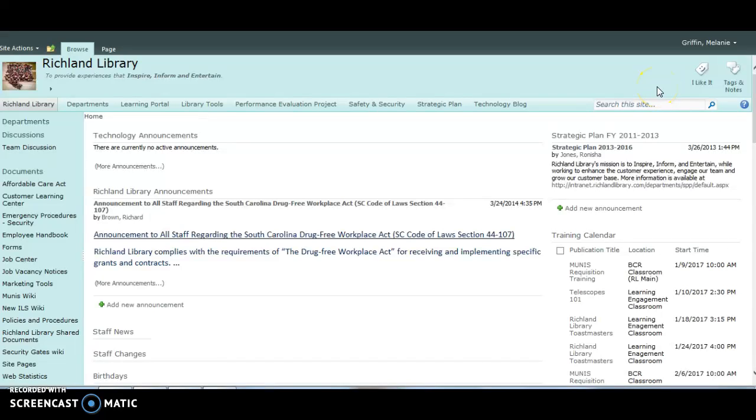Today we are talking about how to log into Munis. This is for applicant tracking and other supervisory things that you need to do within Munis. So first of all, this is the front page of SharePoint, as you can see, and we are going to